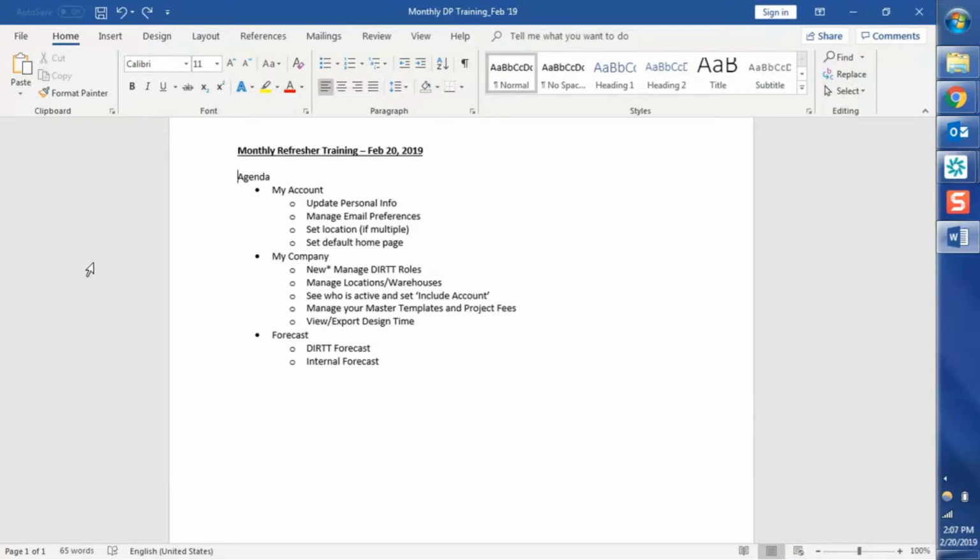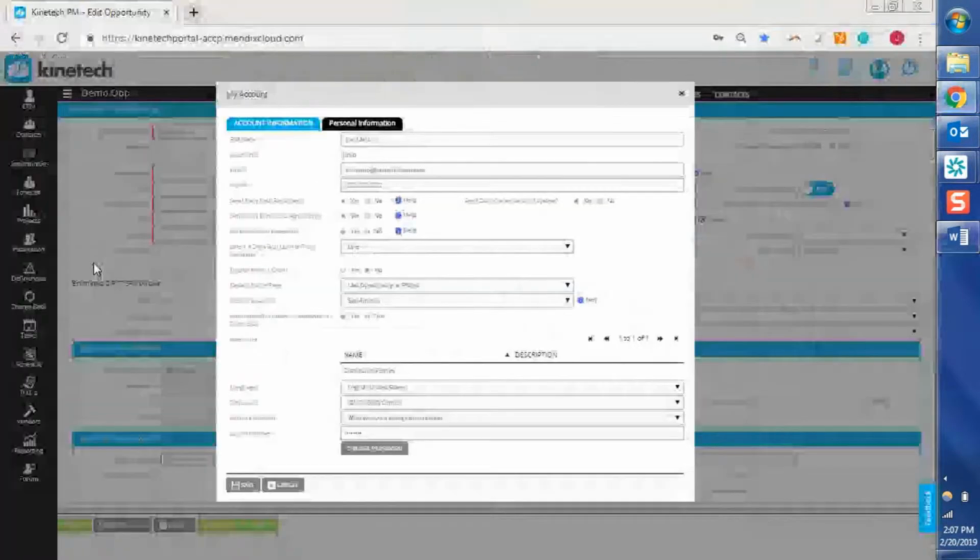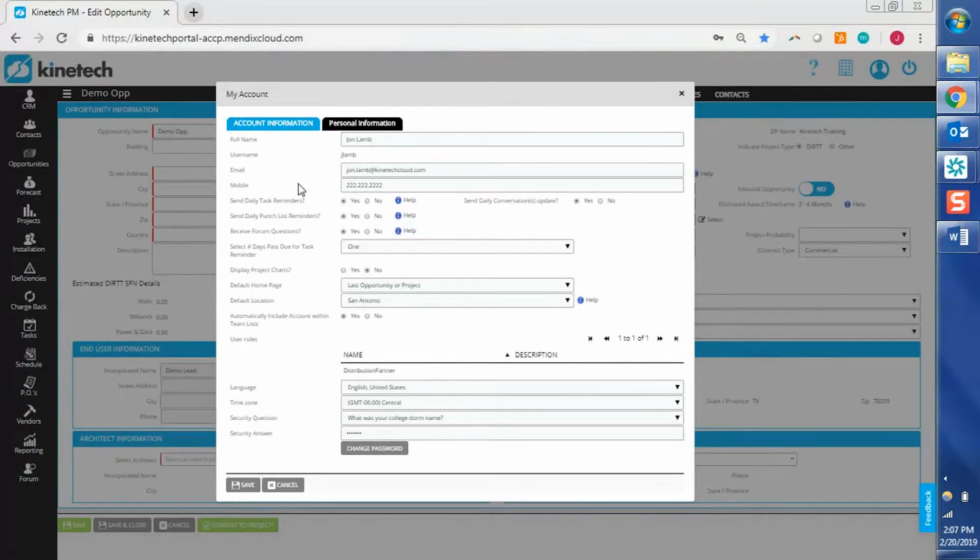Then finally, we will touch on the forecast, and that's in two different terms. One will be for the DIRTT forecast, and then the other for the internal forecast. So without further ado, I'll jump over to the training environment here, where I have the My Account page pulled